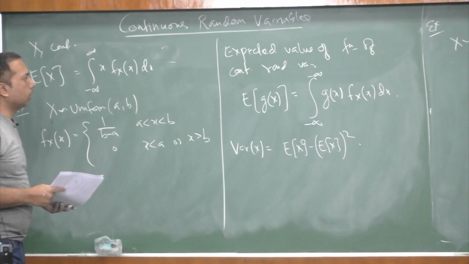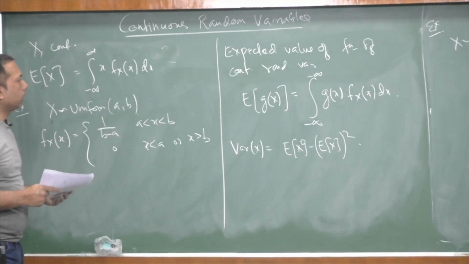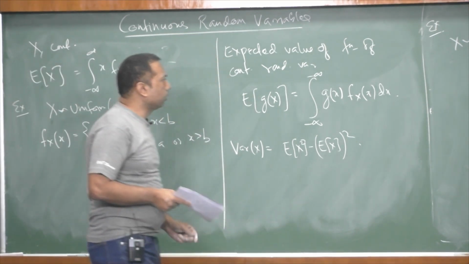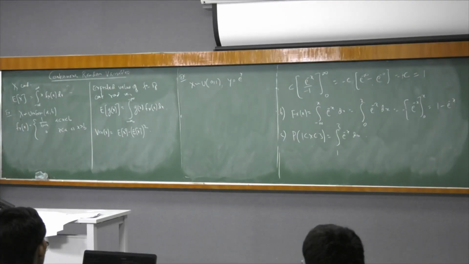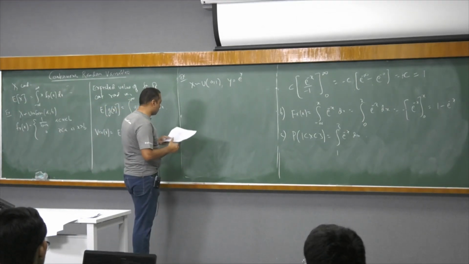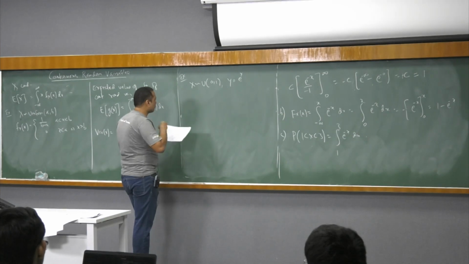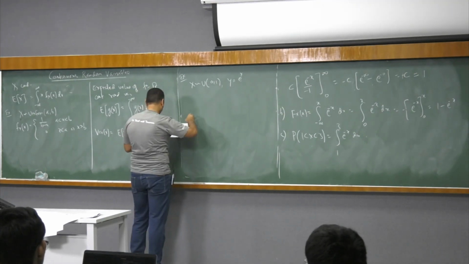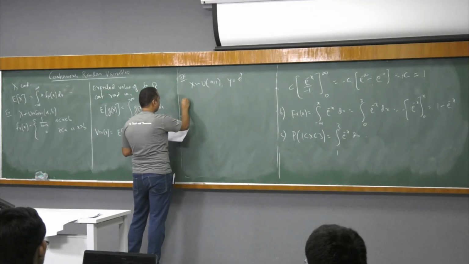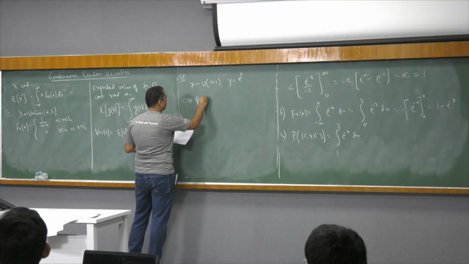Okay, and that is a more generic way to do transformations. But here we can do away without the method of transform. So the CDF, because this is a uniform, the CDF of x is given by